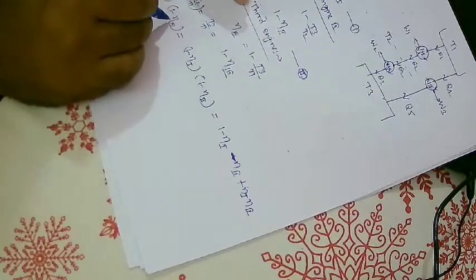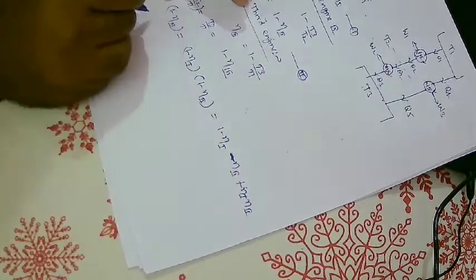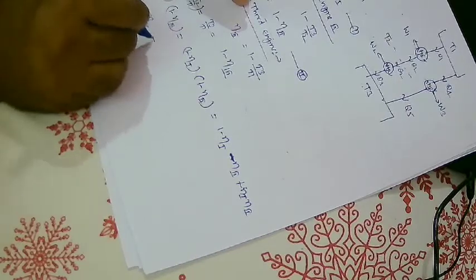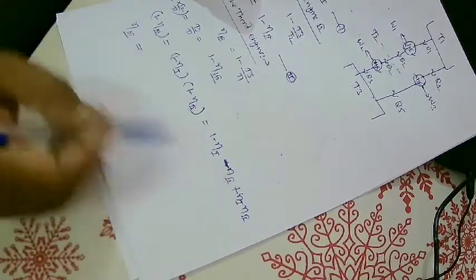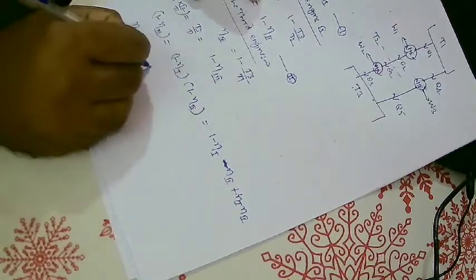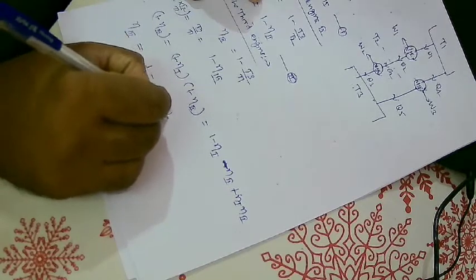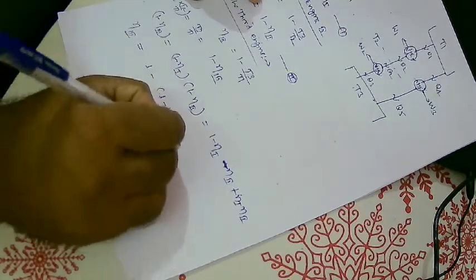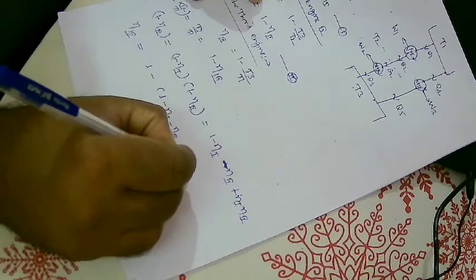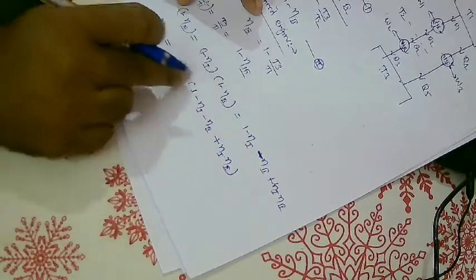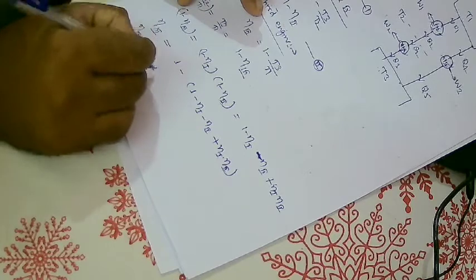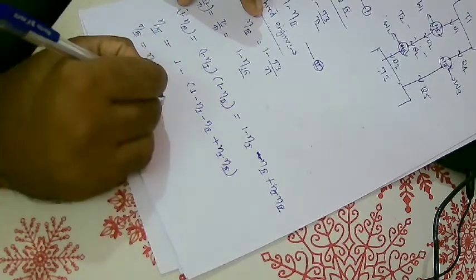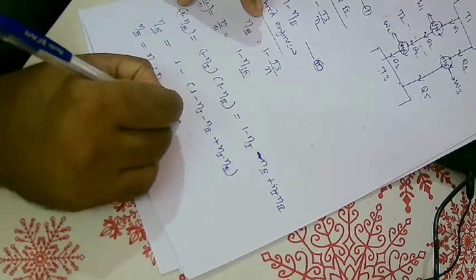So from here take efficiency 3 to this side and the remaining terms to the other side. So I can say efficiency 3 is equal to 1 minus 1 plus efficiency 1 plus efficiency 2 minus efficiency 1 into efficiency 2. Can I write like this? Yes. So opening the bracket, efficiency 3 is equal to efficiency 1 plus efficiency 2 minus efficiency 1 into efficiency 2.